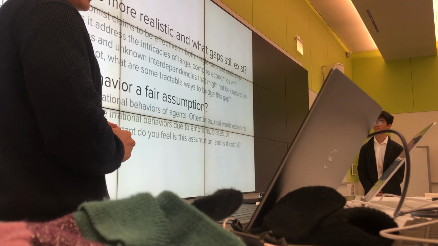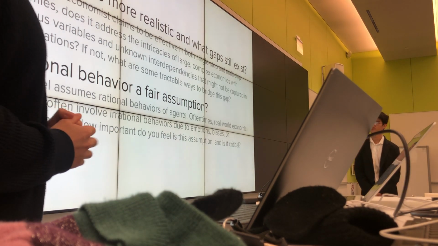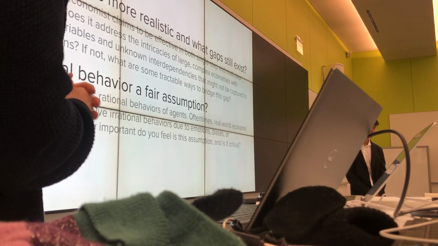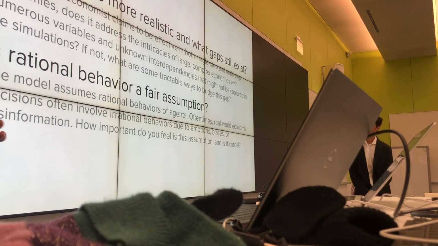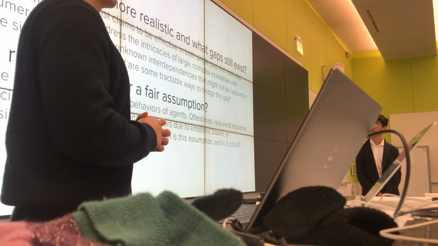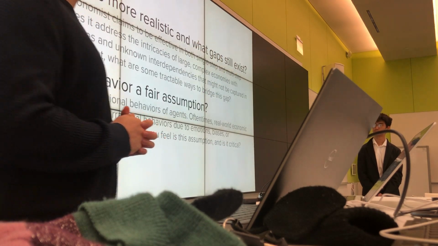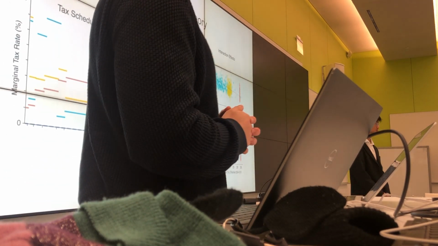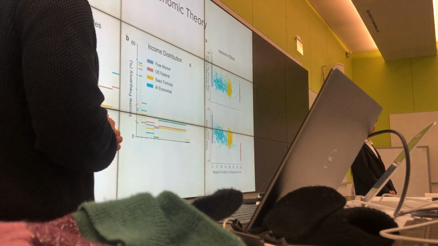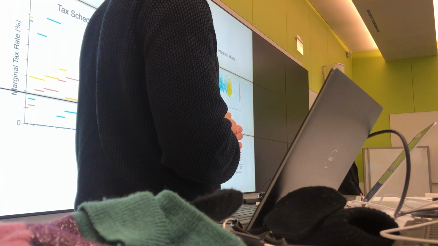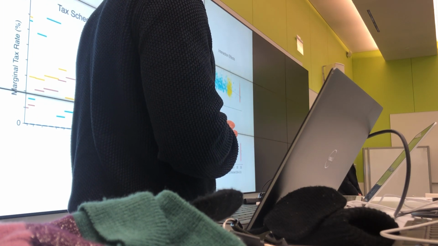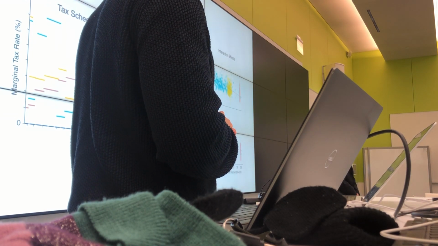So our final slide is just final discussion points. For the first question: what became more realistic, and what gaps do you think still exist in this paper? So going back to the earlier slide, in a lot of mechanisms there are these axiomatic things that you want to satisfy, not for utility maximization reasons, but because you want to make sure that this is actually individually rational, or you can actually self-distribute.